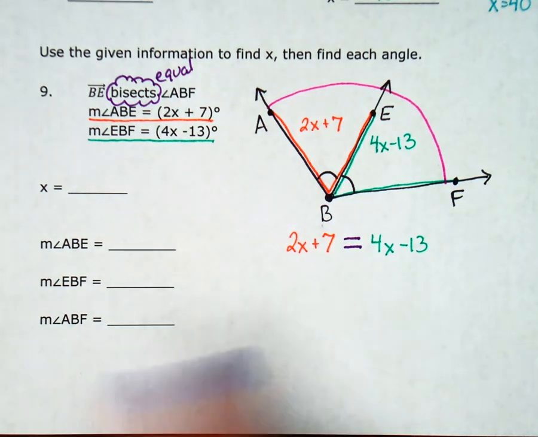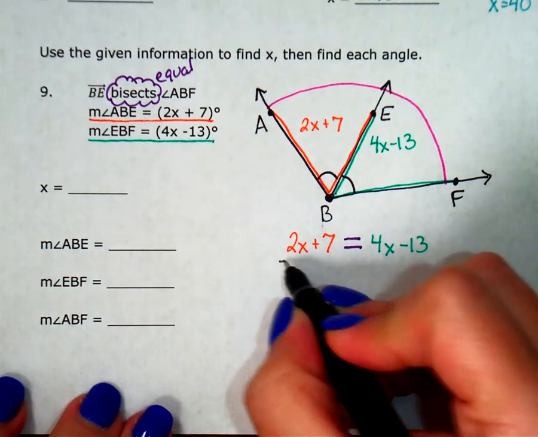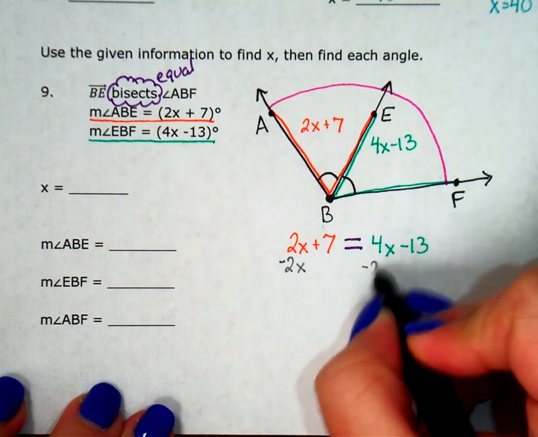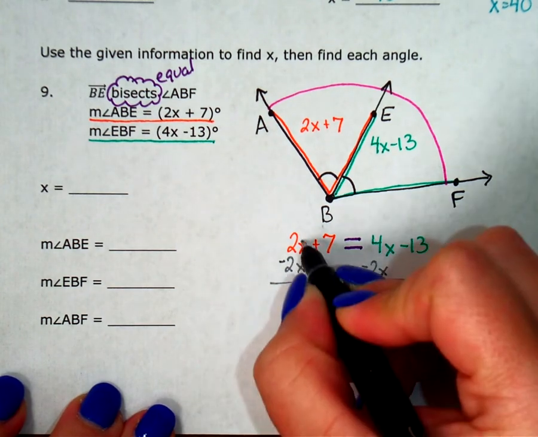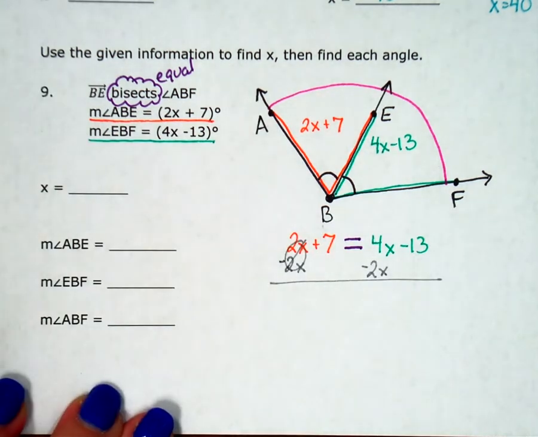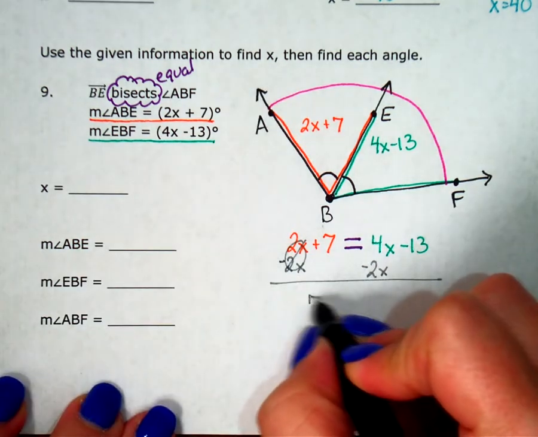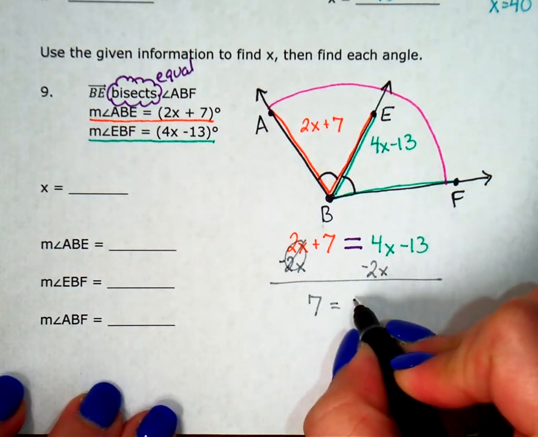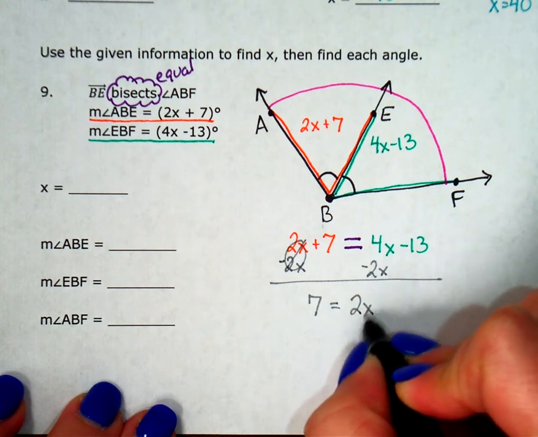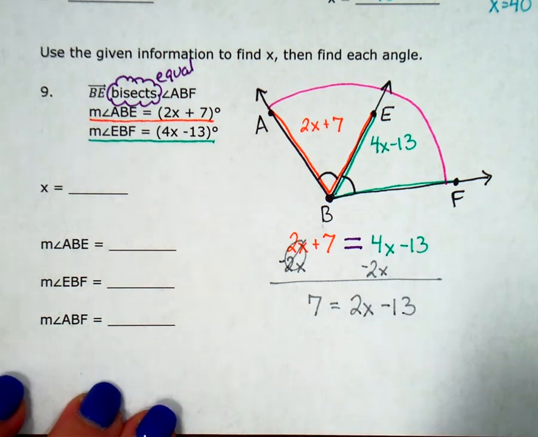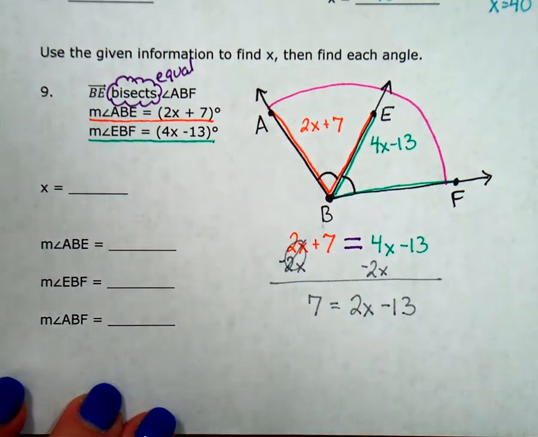All right, so now this is totally solvable, right? I'm going to move my smaller x because I like to keep my x's positive. So I'm going to subtract 2x on both sides. And it's going to leave me with 7 equals 4x minus 2x, which is 2x, and then minus 13. I'm going to add 13 on both sides,